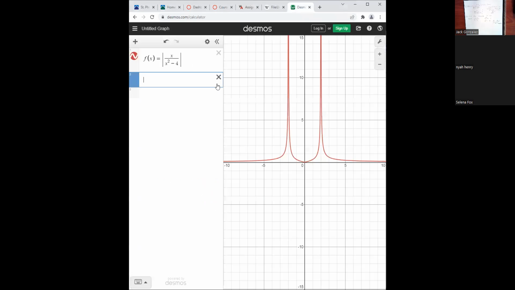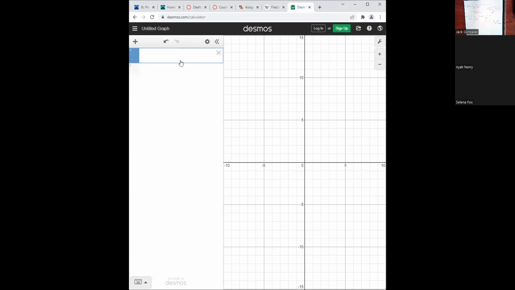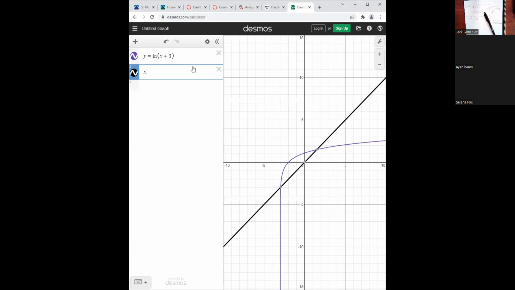Well, let's just graph it. No, you can't take the log of zero. Yeah, that's what the restriction is built around. You can't have 0 in there, so it has to stay above -3. -3 is not allowed. Like if you were to graph it,